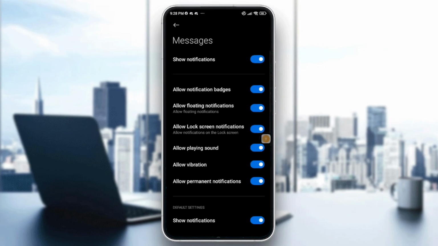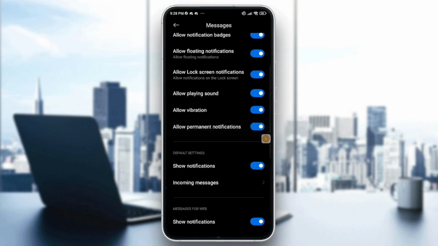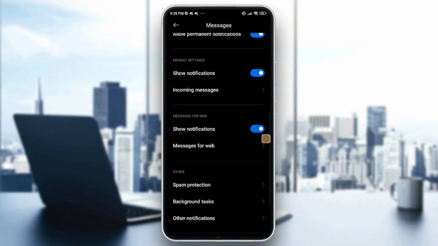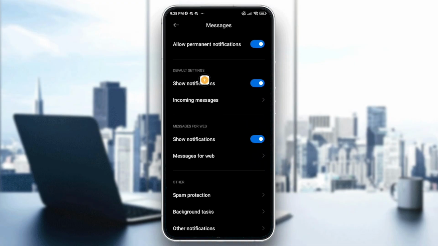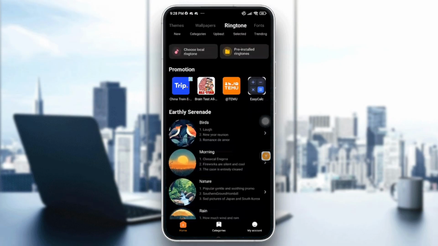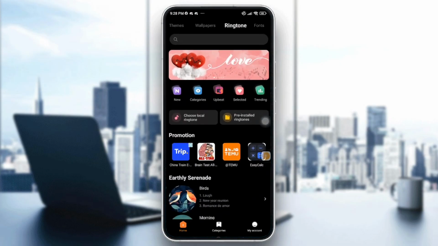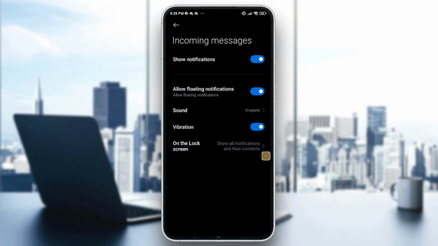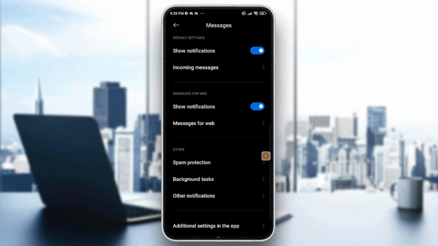have multiple settings to turn them on, off, adjust them, or customize them. I want you to go into the default settings section, and right here you can see incoming messages. By tapping on it, you will see the sound option right here. Tap on it, and from here you can set up your ringtones for this option. So you can choose one and apply it to the incoming messages, and also you can do the same thing